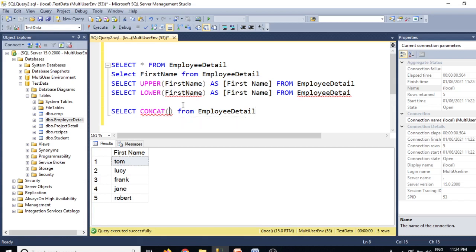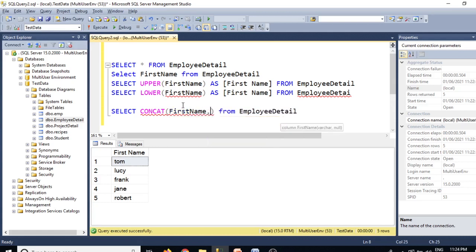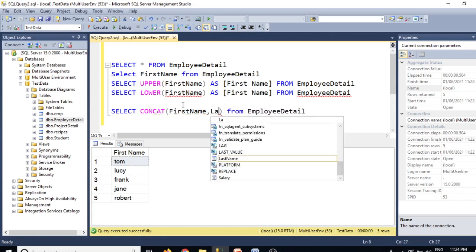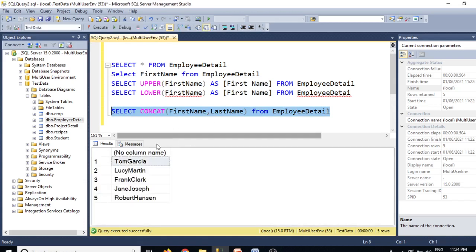So we'll provide first name, comma, last name like this. Now let me just run this query. We'll see what it prints. So here you can see no column name.